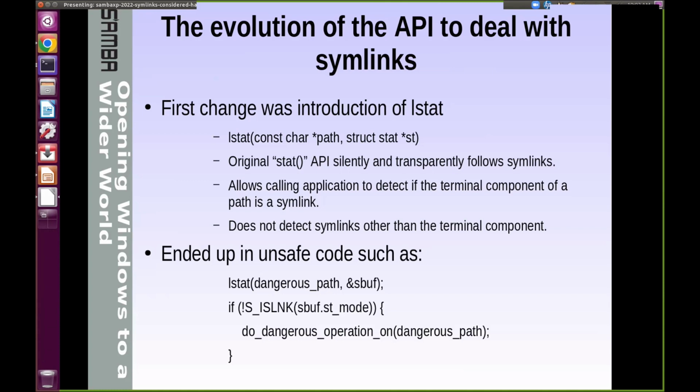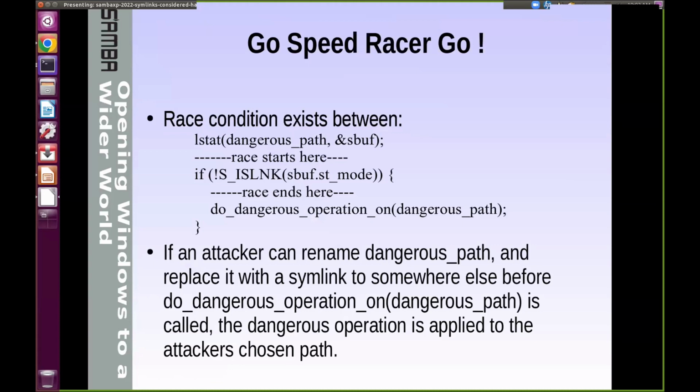With lstat, here's a path. It's a dangerous path because it's been given to you by a completely untrusted source, users, you can't trust them. So you say, well, I don't want to follow this if it's a symlink. So you use lstat, and if it's not a link, then I'll do a dangerous operation on the dangerous path. Volker demonstrated this somewhat better, but here's my explanation of the same problem. There's a race condition. After you've done the lstat, the race condition starts here. You check whether it's safe,